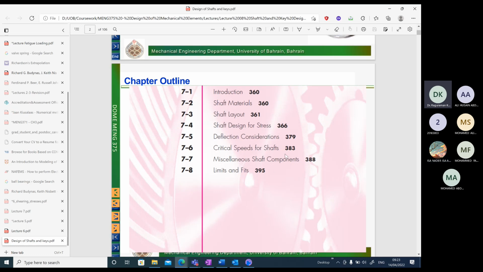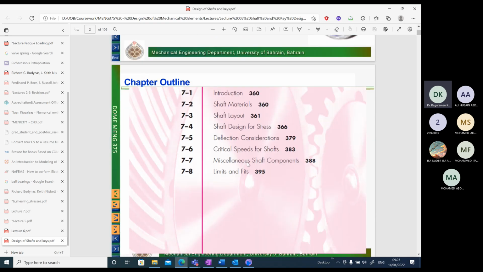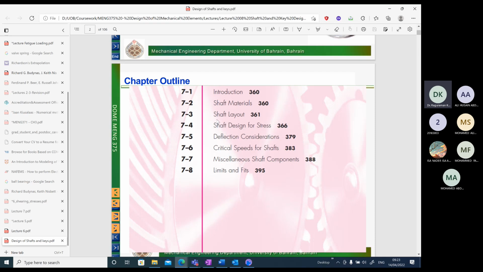All right, so we'll start with a new chapter. This is going to be on shafts, design of shafts and accessories like keys. We will see some examples of how a shaft is assembled and what different components are used to assemble these shafts and gears and pulleys, etc. We will see the general shaft layout, and then from there what kind of loads are applied onto the shaft. And then we are going to divide the design of shafts into two or three different cases,